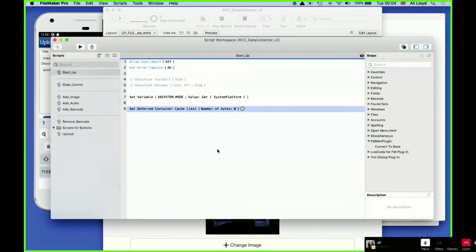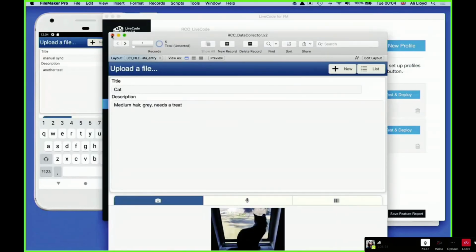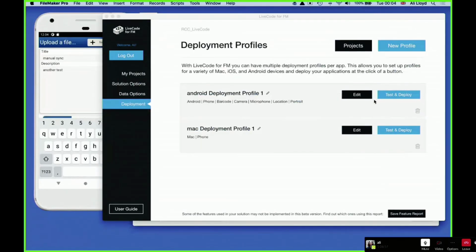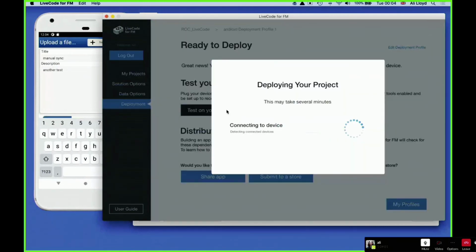This basically just means the only container data that would be stored on the device at any given time is what's needed to display the current layout. Okay, so let's test that.